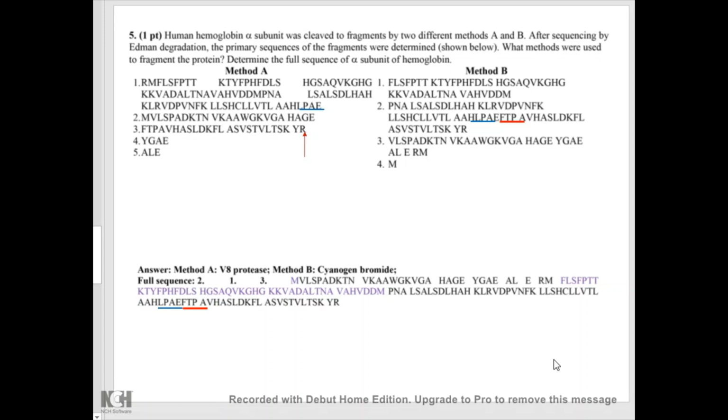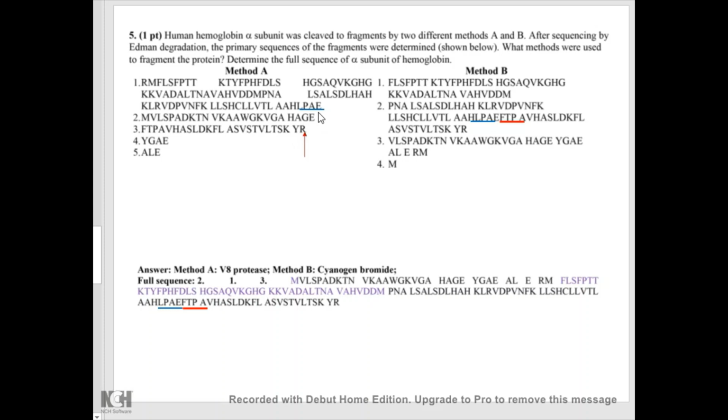Question number 5 deals with sequencing of peptides. It refers you back to peptide sequencing and the method of overlapping fragments. A given peptide, a given protein, was digested by two different methods, and you have to determine which methods were used, and then you have to assemble the full protein out of the data given. Now, if you take a look at method A, you will see that each peptide ends with E, E, E, E. The only one that does not end with E is R. So